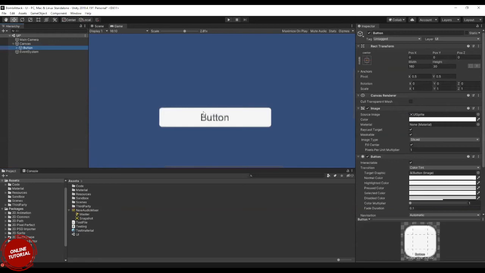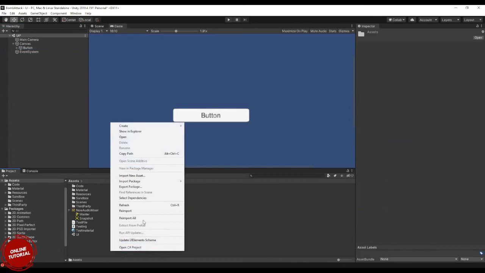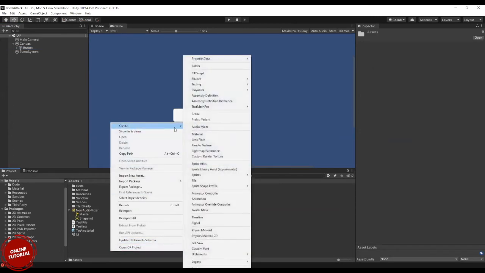Okay, this is the button. And if you want to capture whatever you are seeing into an image, like a screenshot or something of that sort, or continuously stream what you are seeing on the screen, you can do it using this render texture.